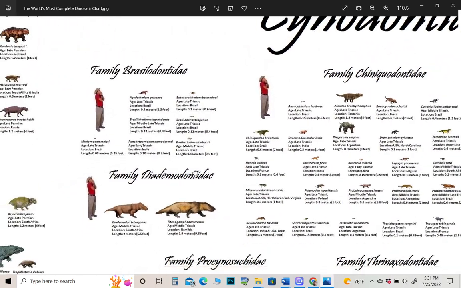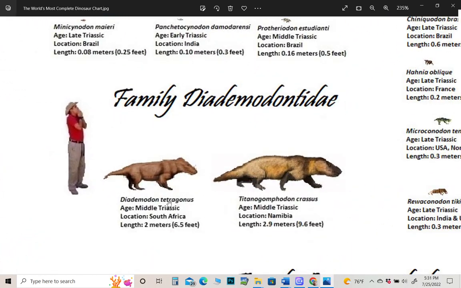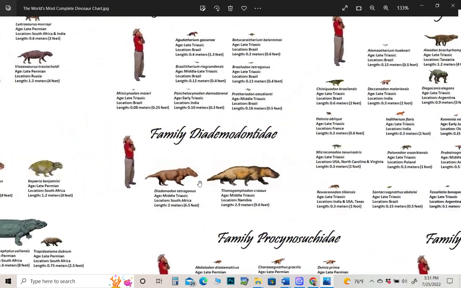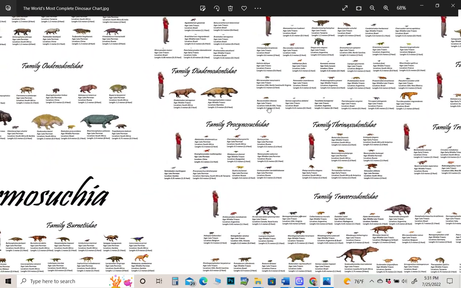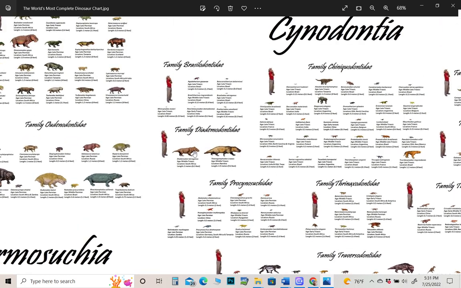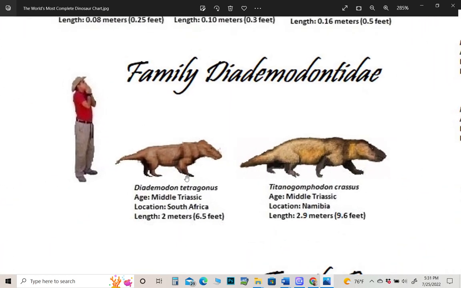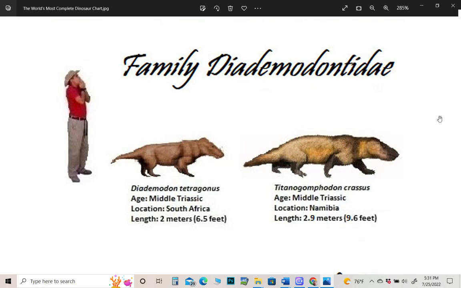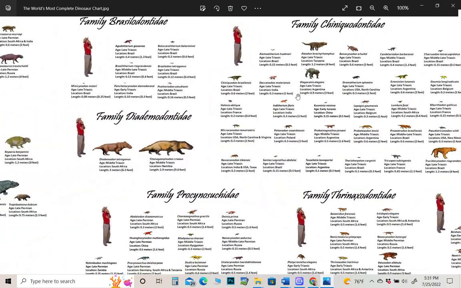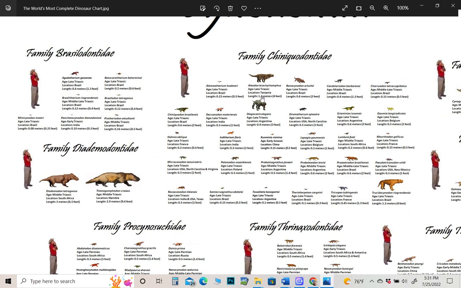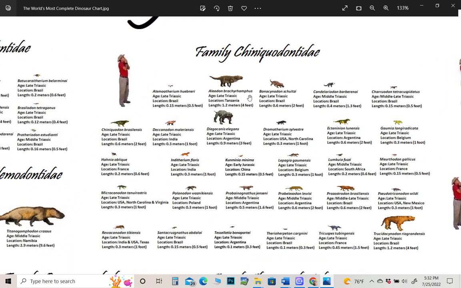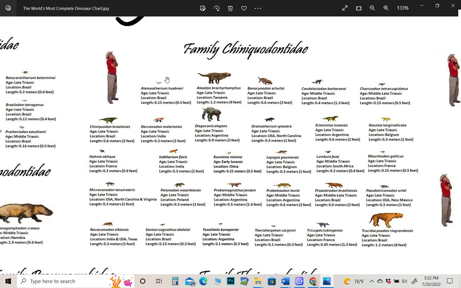and let's get these guys. Diademodons. These are, I think, the largest cynodonts. Actually, there might be a couple tied with or larger, but I believe this is the largest. Diademodon and Titanogomphodon. And then we have the Chiniquidonts, which I believe may have clustered a few families together, or a family and a few outliers together, but it's the best way I could lump